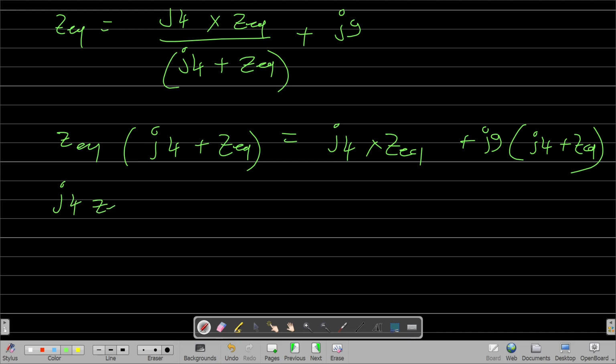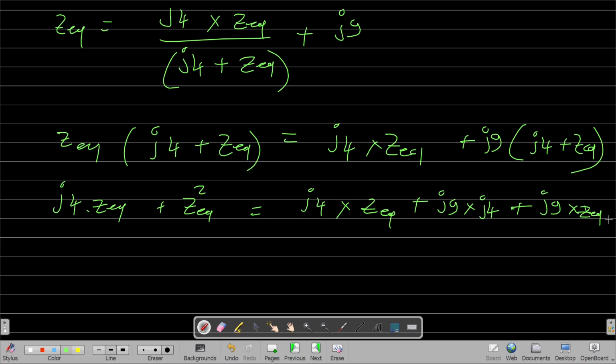So J4 Z equivalent plus Z square equals J4 into Z equivalent plus J9 into J4 plus J9 into Z equivalent. So now if you look closely,